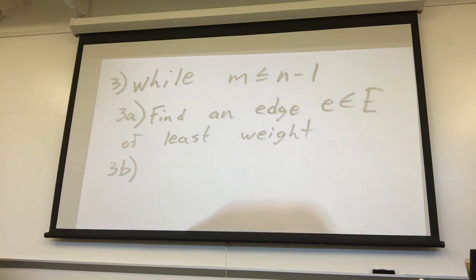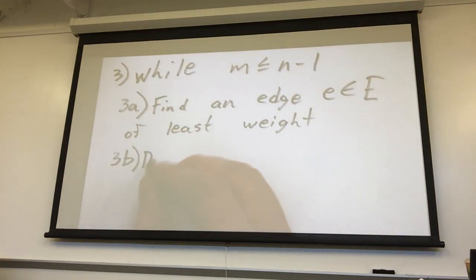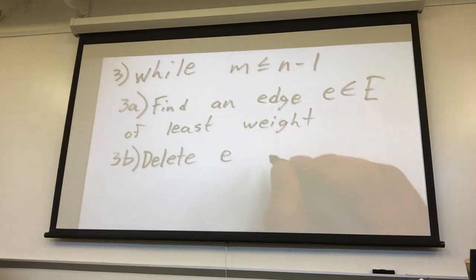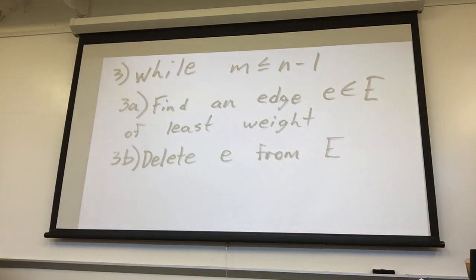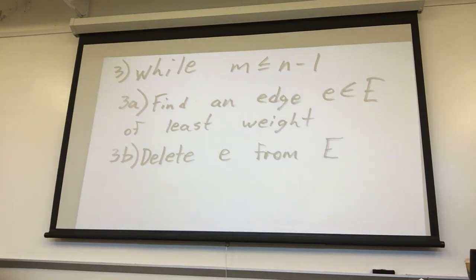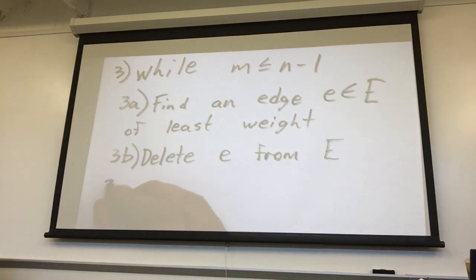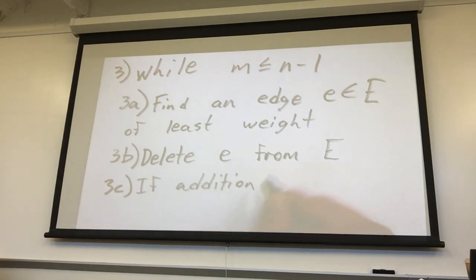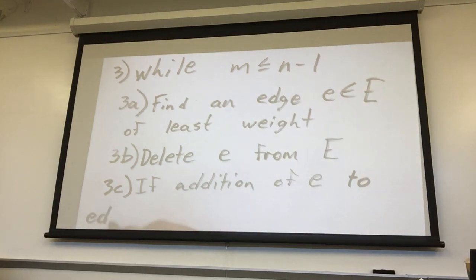And then the second step would be to delete e from E. And then the third step would say, if addition of e to the edge set of T